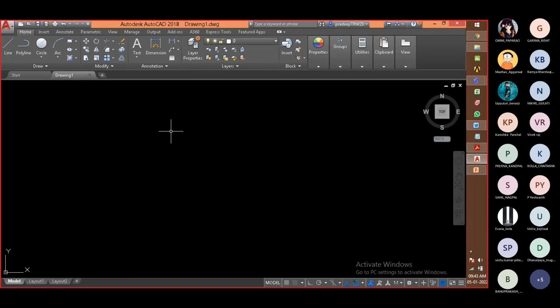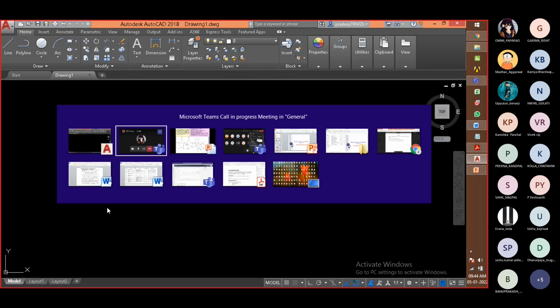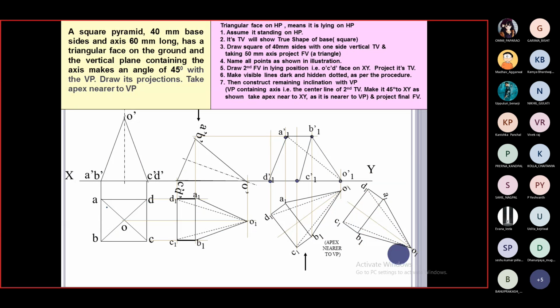I'm going to turn off my grid lines tool. First of all, whenever you create these things, you have to make sure what length the XY line is going to be. As we know, this distance is around 40 millimeter, and if we need to create this axis, this is going to be 60 millimeter, and again we are going to create this part as 60 millimeter. So 60, 60, 120, and plus 40 is around